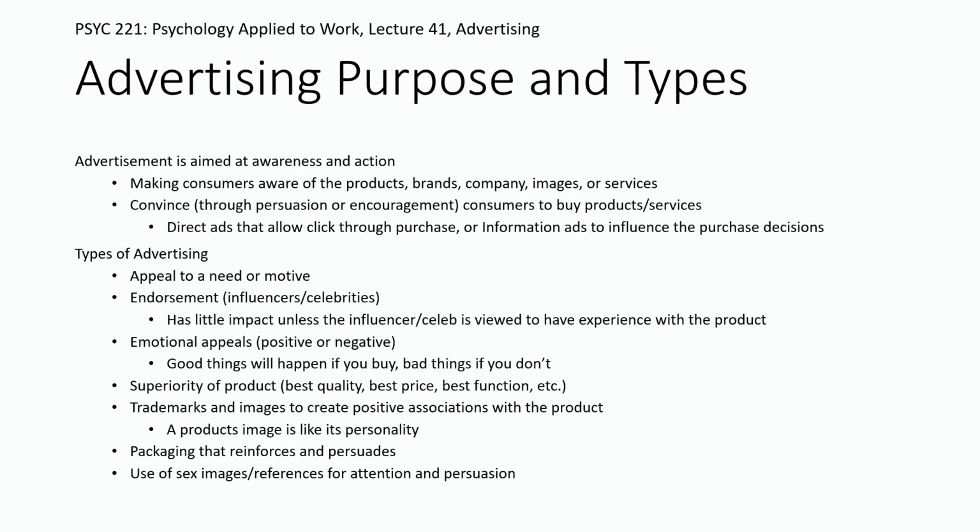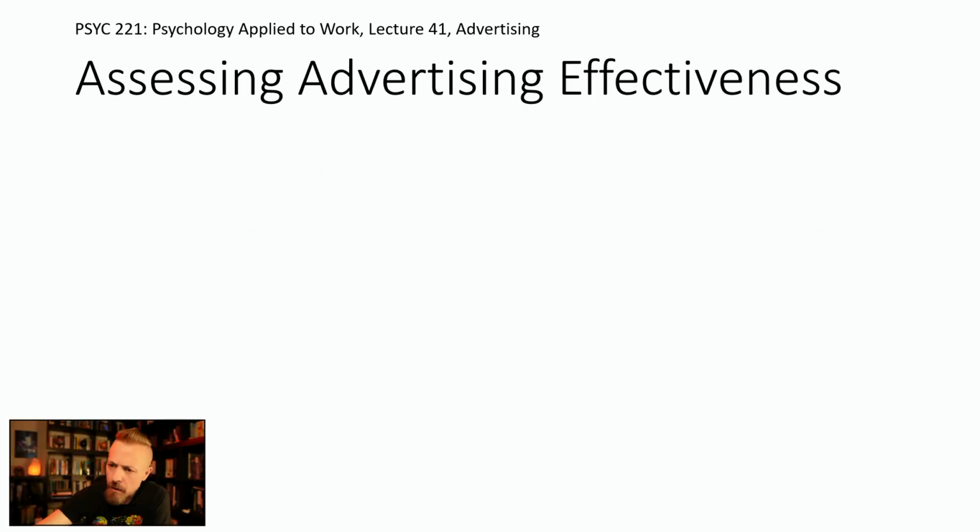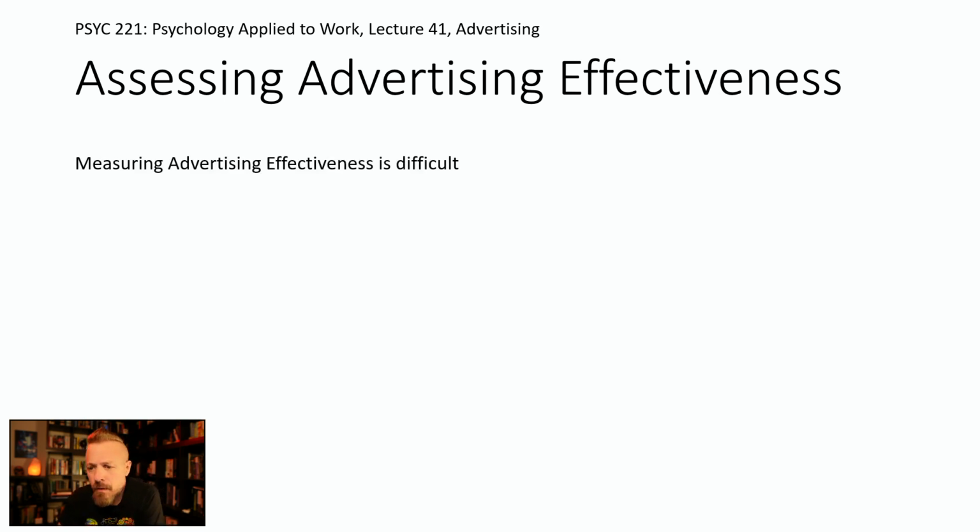But at least for many types of products or services, having some element of sex appeal is extraordinarily common. Okay, so let's talk about advertising and how do you know if it works? The measurement of it is actually really hard, and it's even harder now than it was when there were only a few different types, and everybody read a newspaper and watched a couple of different channels on TV, and that was it. Nowadays it's very difficult to do. It was difficult then, and it's substantially harder now to really be confident about the effectiveness of your advertising. Yet